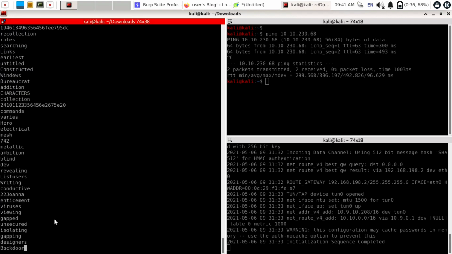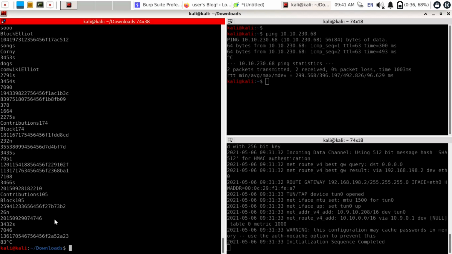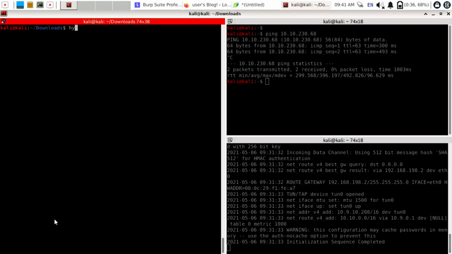Now we need to brute force the login credentials of our target system. For that we are going to use the Hydra tool. To use Hydra, we have already captured the request in Burp Suite, and we have copy-pasted that request into Leafpad. Now use the command hydra, then hyphen capital L, because we need to find our username. I will provide the dictionary file, fsociety.dic. Then hyphen small p, because I'm giving a false password, like here I'm giving test as a password.